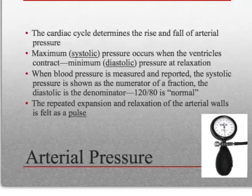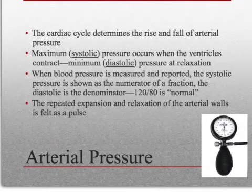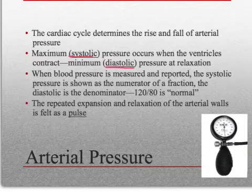The pressure within the blood vessels themselves is determined by the heart, right? When the heart contracts, it's called systole, and when the heart relaxes, it's called diastole. So the most pressure is felt when the heart is contracting, and the least pressure is felt when the heart is relaxing. And so usually when you get your blood pressure taken, it's reported as how much pressure is there